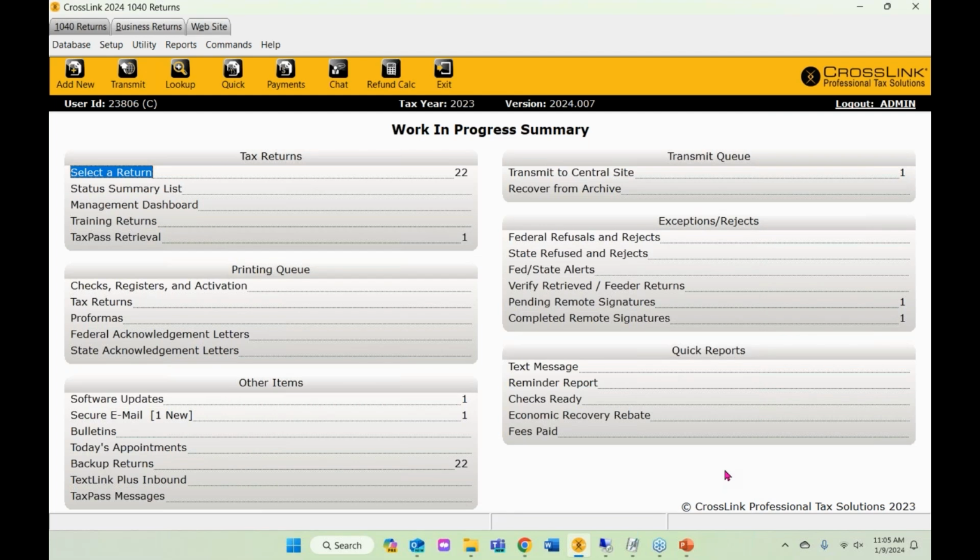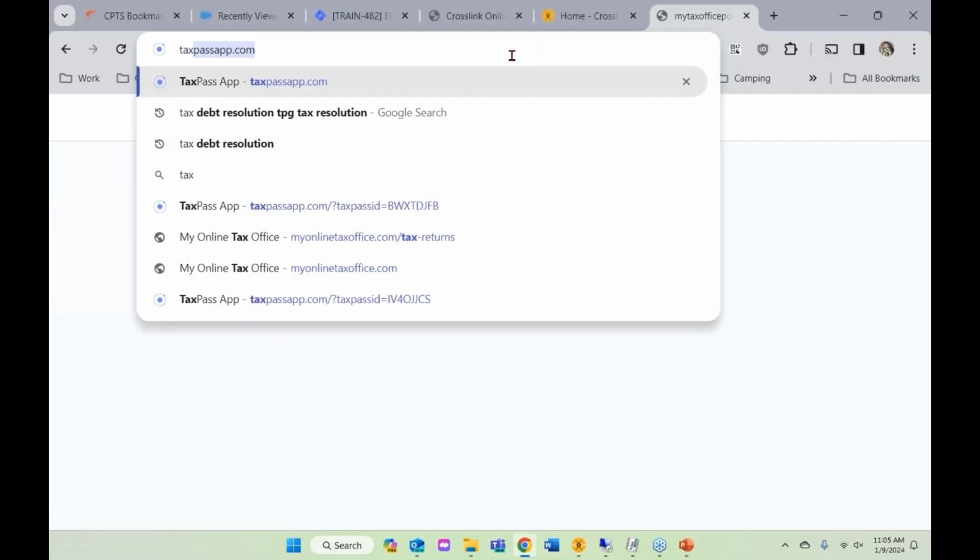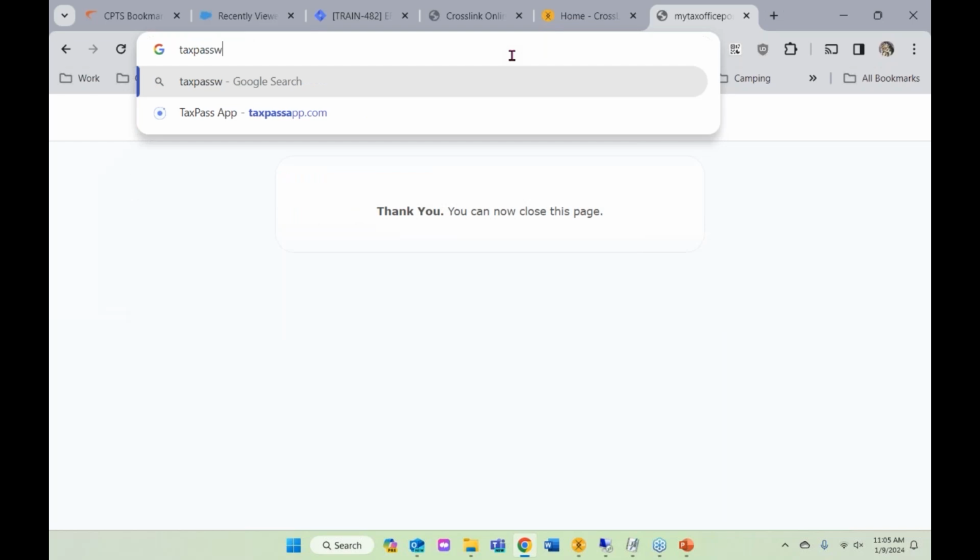Now, one last thing before we wrap up, I know we're running a little bit late, but I did want to mention this TaxPass retrieval. Some folks don't really use this tool, and it is optional. You don't have to use it if you don't need it. But if you are interested in this, TaxPass is essentially a website that you can log into, or really your customers log into,